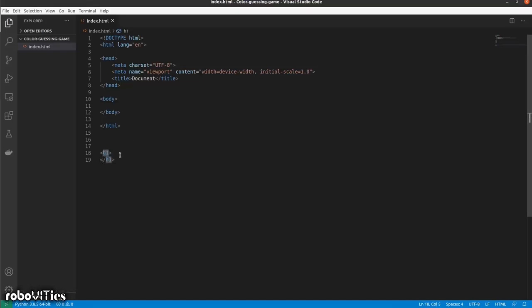So what exactly are these tags? These tags basically have a set of properties that they apply to the content present inside the start and the end tag. So say for example I write hello world here. What it does is basically render the text inside of it as hello world.